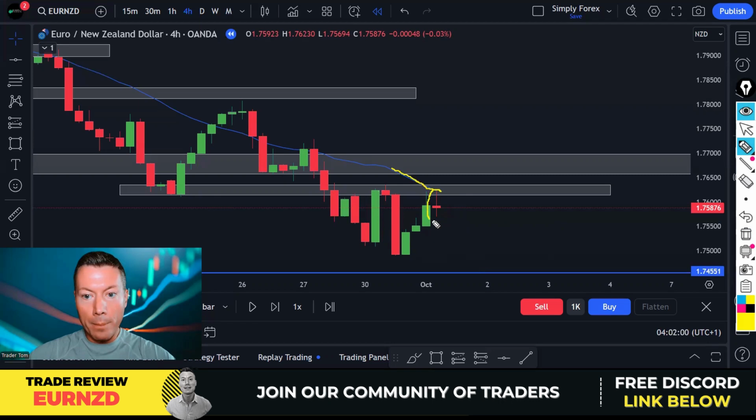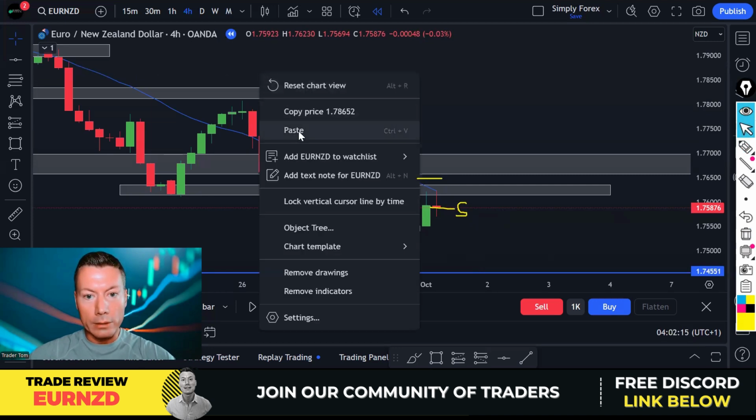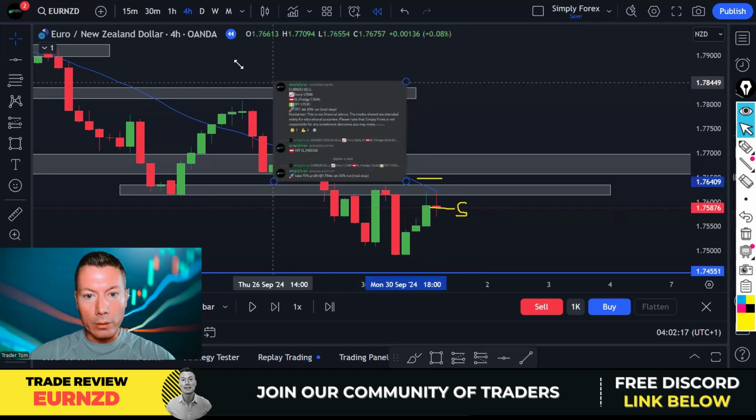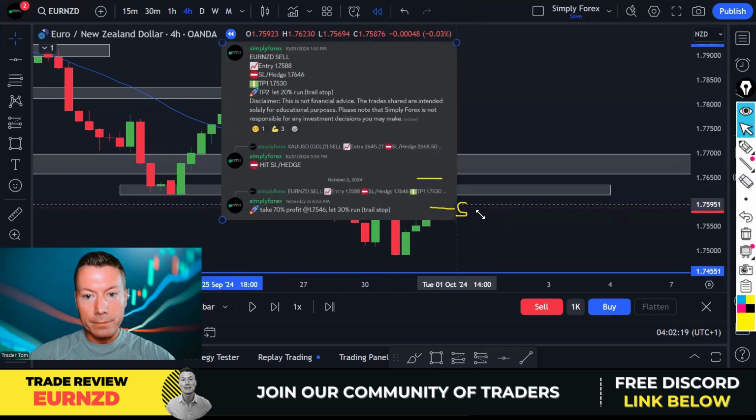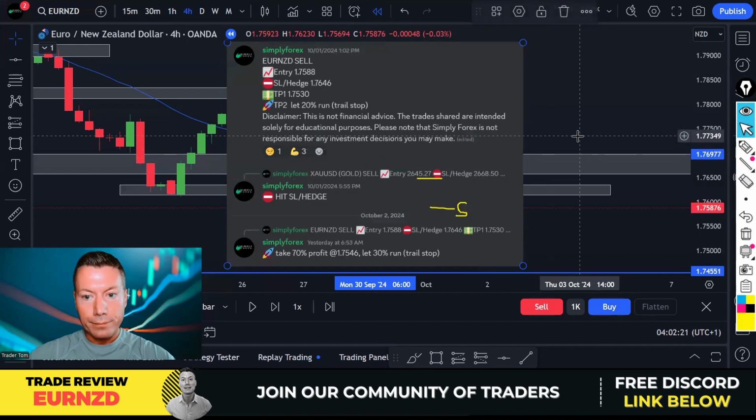And we got a bearish-ish candle form, right? And on the back of that, I entered. Okay, so I started selling here and put my stop loss in here. Now, let me actually show you the trade, guys, so you can see my entry, etc., right? So this was the trade. All right, so Euro New Zealand dollar, sells, I entered here,